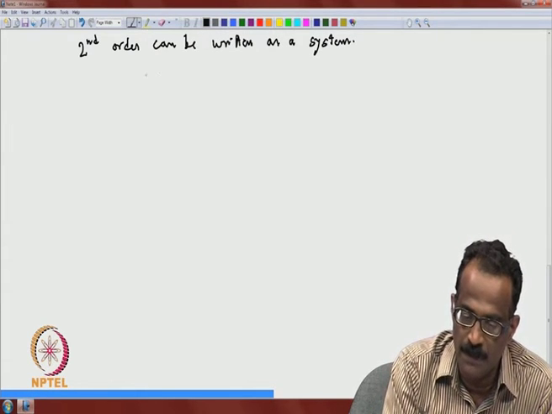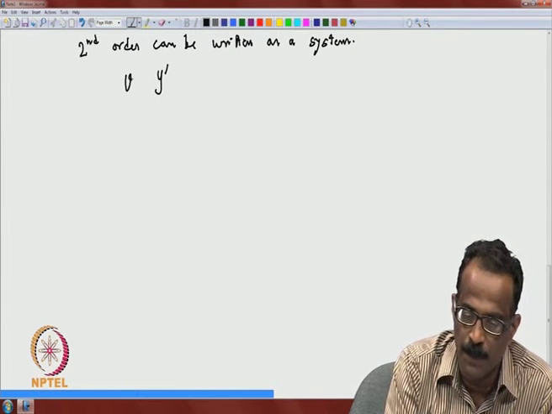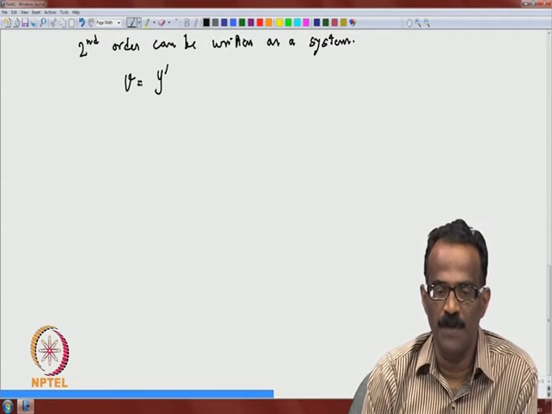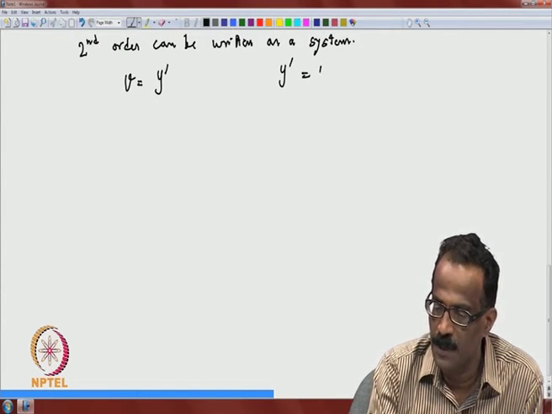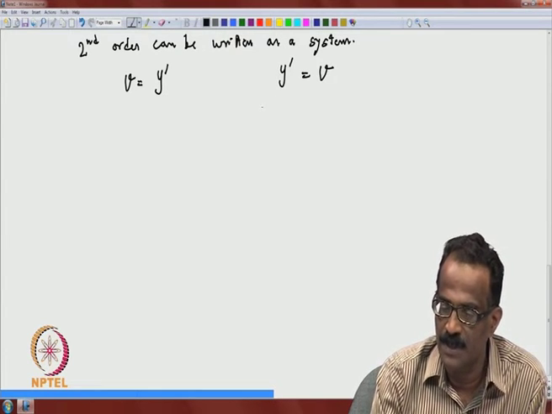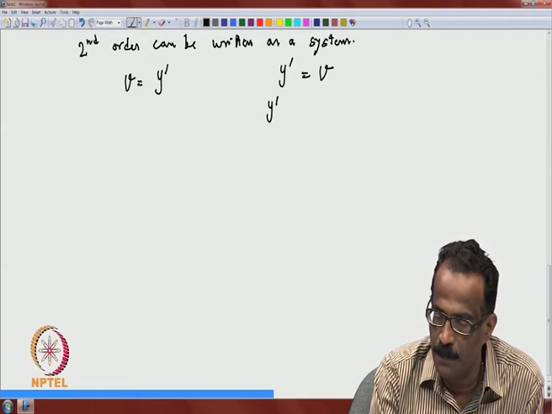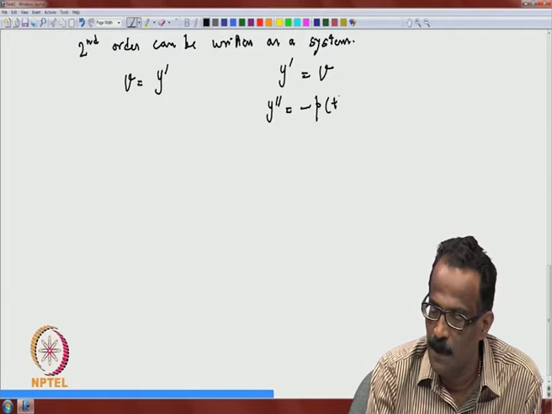So, put v equal to y prime, or in other words y prime equal to v, both are the same. Then from the equation you will get y double prime is equal to minus p(t) y prime